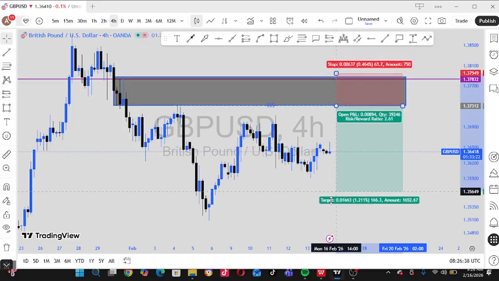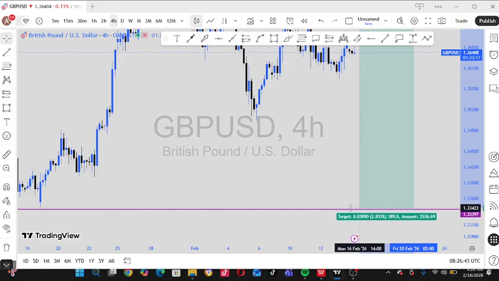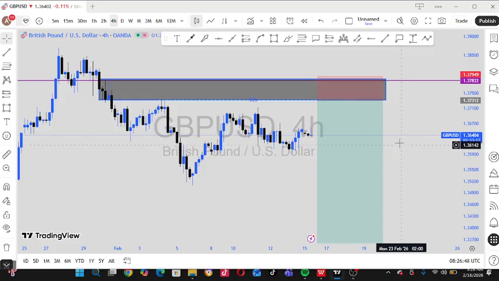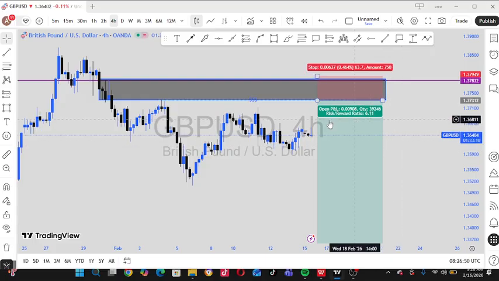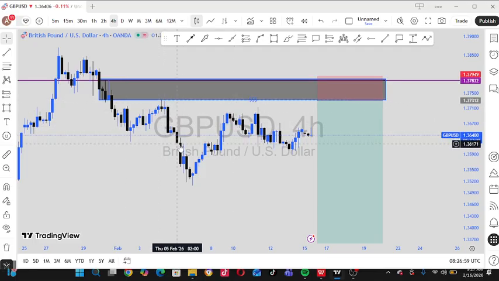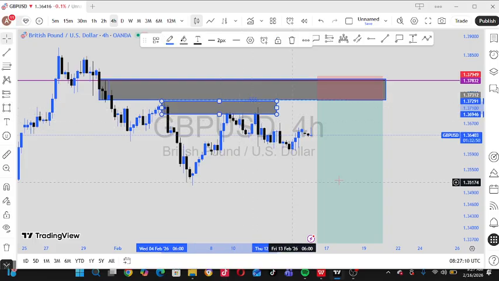So now for you that you don't want to enter aggressively, you can use confirmation entry because I can see that this stop loss is somehow big. And another thing is market mitigates this with a wick, just a wick, giving us that market has changed character from here. Then market comes back to mitigate this supply zone here. Let me mark it so that you can see this supply zone here, which is still giving us that this market is still